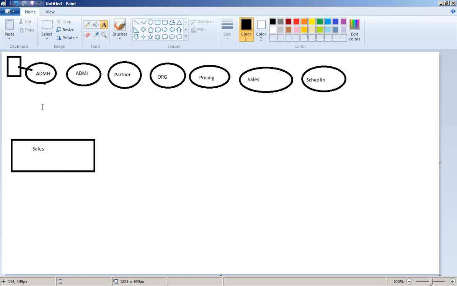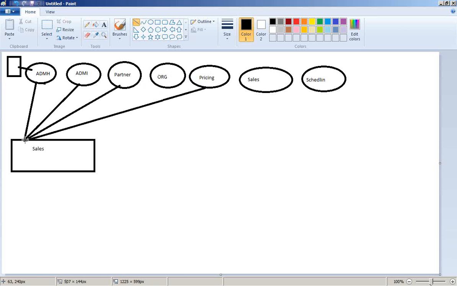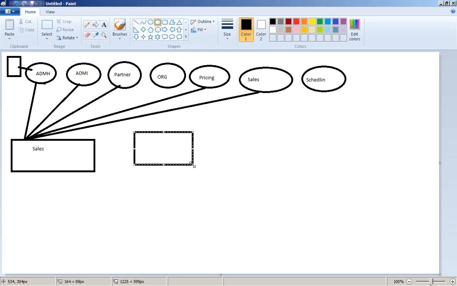What data sets are applicable for the sales transaction category? Administration header is applicable, this is applicable, this is also applicable. Partner is also applicable, right? Pricing is also applicable, right? Sales is also applicable. Now when I am designing a lead, now I am designing a lead here.